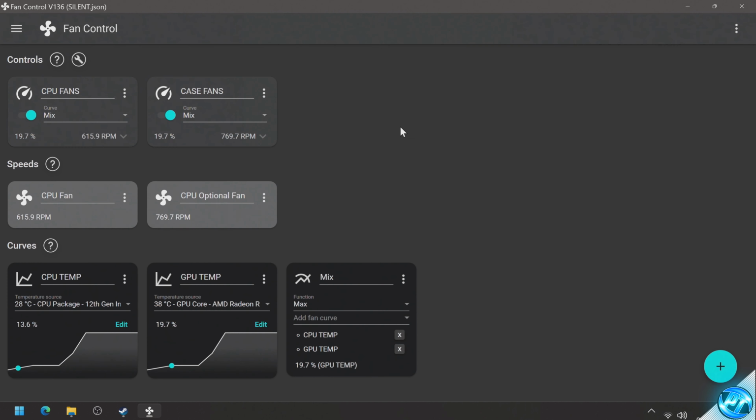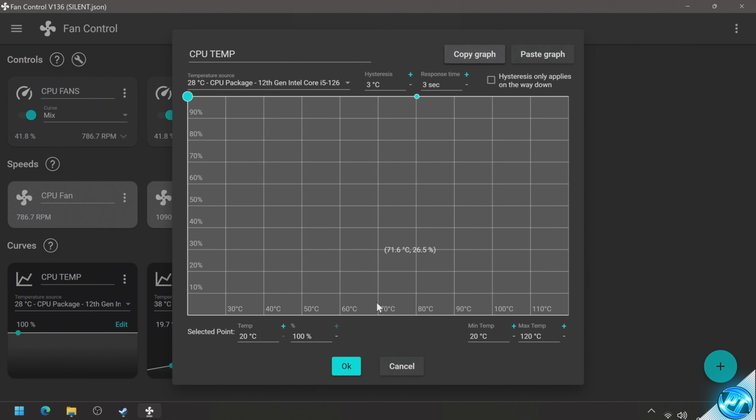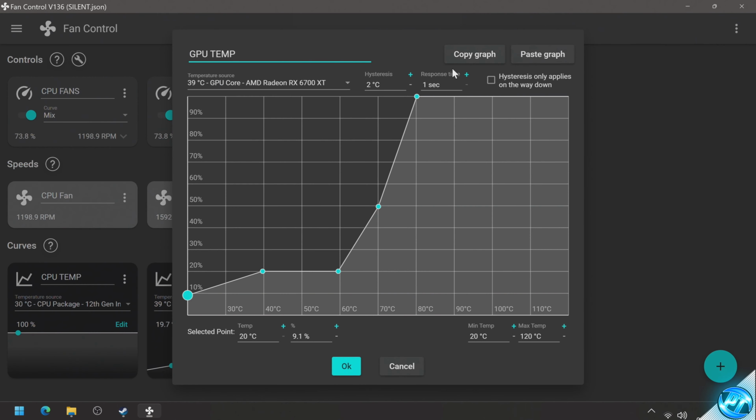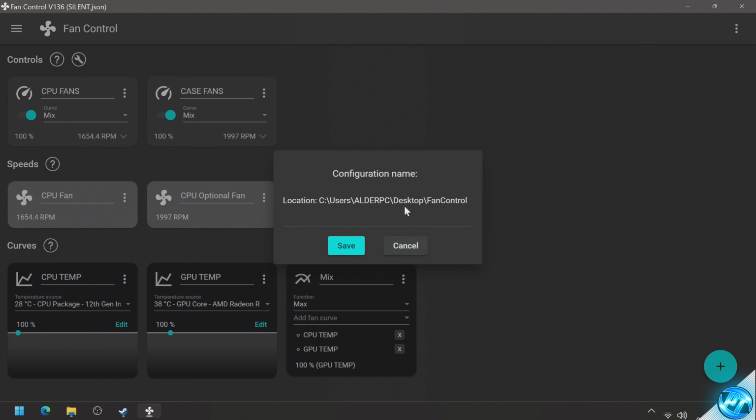Save. I like to also have set up a full speed fan profile. For this, navigate to the left hand side to edit. All we then simply need to do is just right click on the other points of the graph to delete them, drag our left hand graph all the way up to 100%, copy the graph, hit OK, go to GPU temp, edit, paste the graph, OK, go to the top right, save configuration as, and we'll just call this 100%